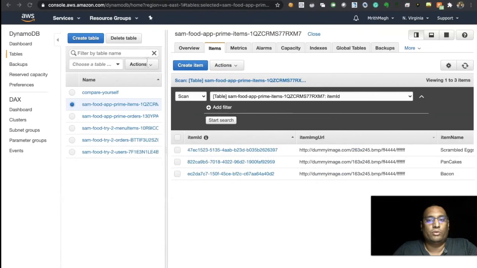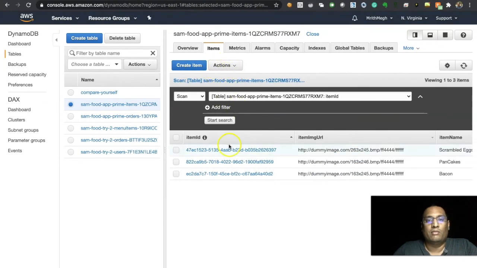So what we're going to do here is write an endpoint that will display all the items from this table. It's going to be a scan query. We are not going to write a query where you will need to pass the exact UUID to get the item, but we are going to just display the whole item. Scan query is a costly query, but for our scope, this is more than enough. Let us go ahead and do it.